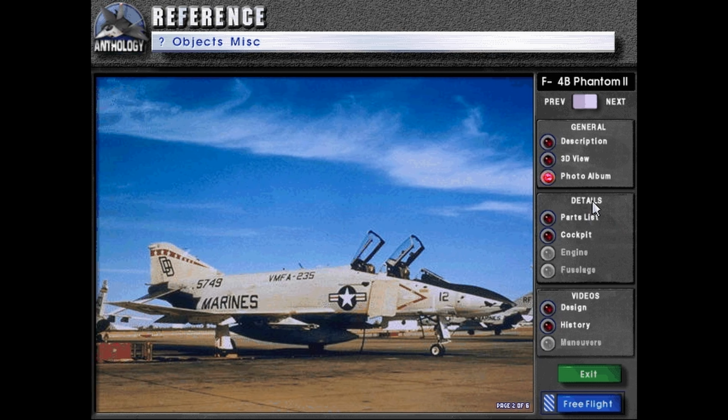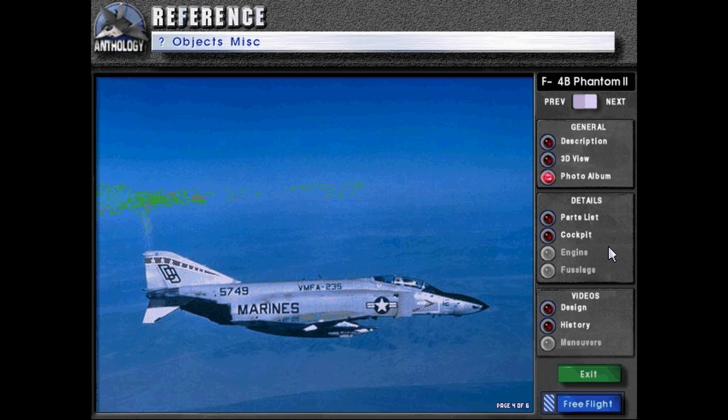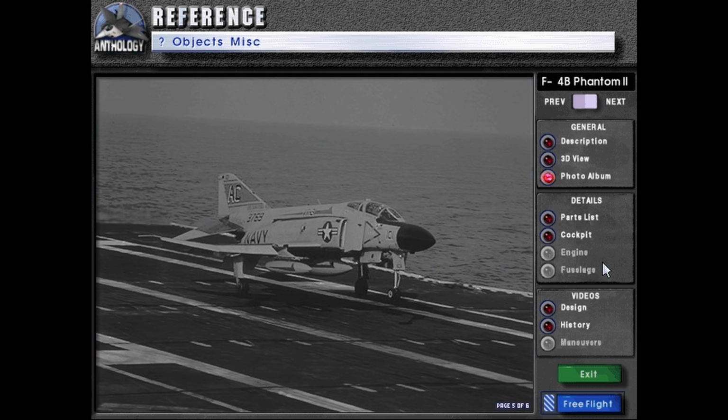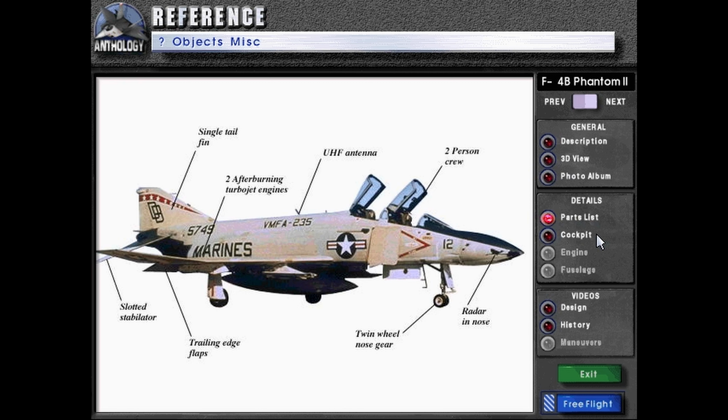Here we have F4Bs. There's a bonus Sea King. A lot of these seem to be Marine F4s. Oh, there's a Navy one. And there's one escorting, I believe, an IL-38 May. Parts list. With another Marine one. And